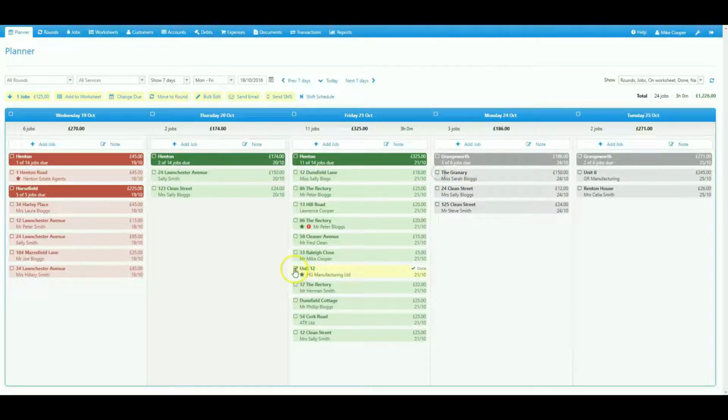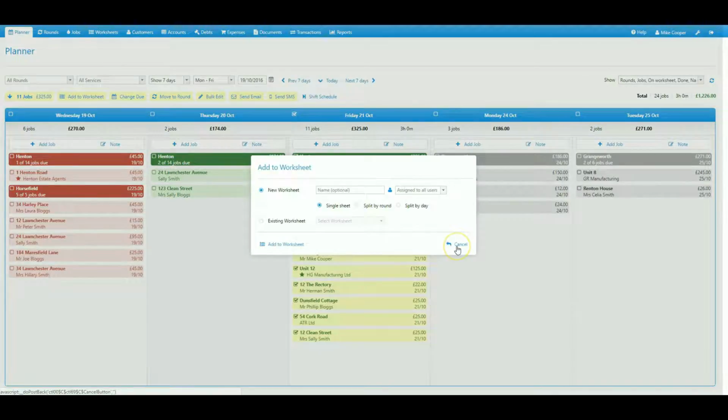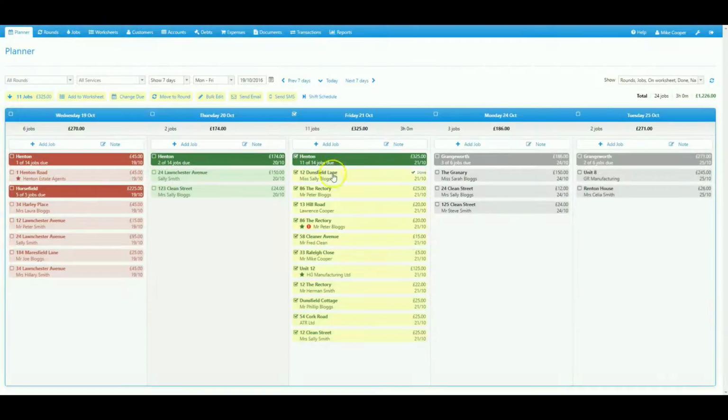You can also add an entire day to a worksheet just by selecting the checkbox next to the day and again selecting Add to Worksheet. And that would add all jobs for that day to a worksheet. However, where the Planner tab can be really powerful is creating worksheets for multiple days at the same time. So for example, we can select all of the days shown on the planner and then click on Add to Worksheet,